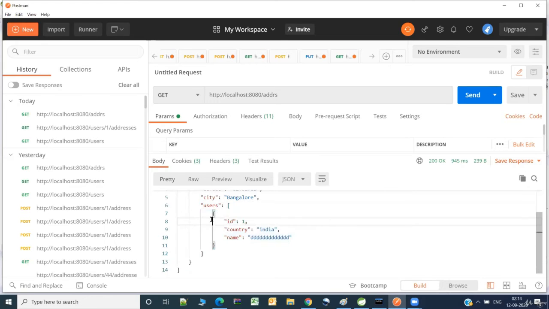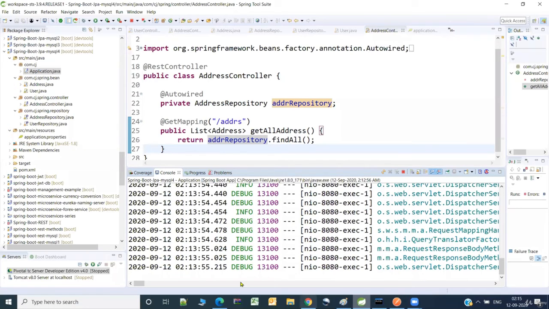If you have multiple users associated with a single address, you are going to get the whole bunch of objects, that is user objects. Fine, so I think now you are able to appreciate the difference of having @JSON related properties and not having them.